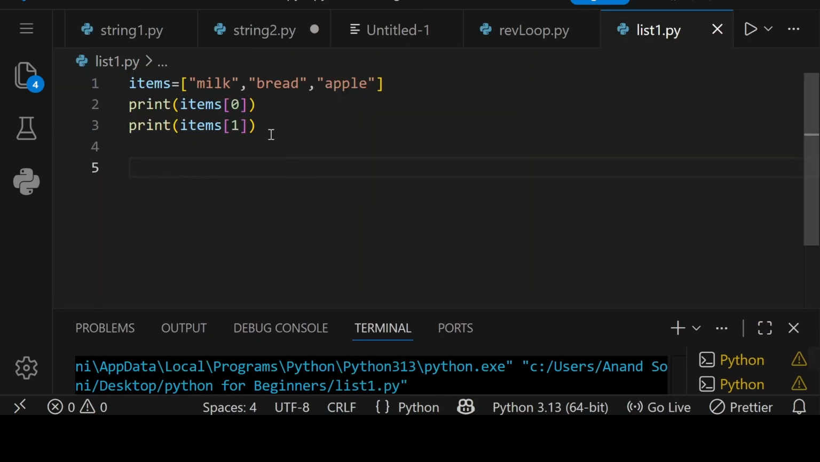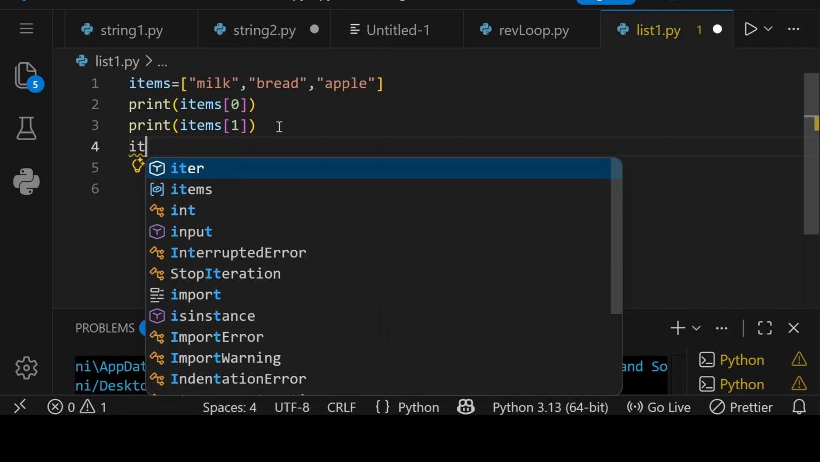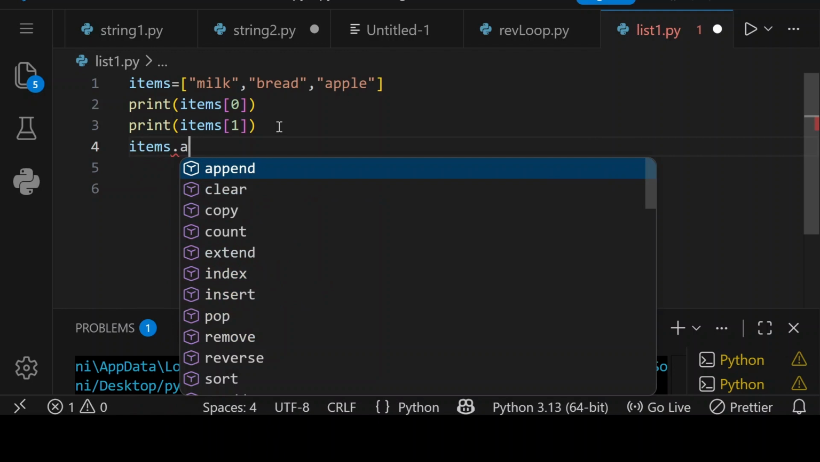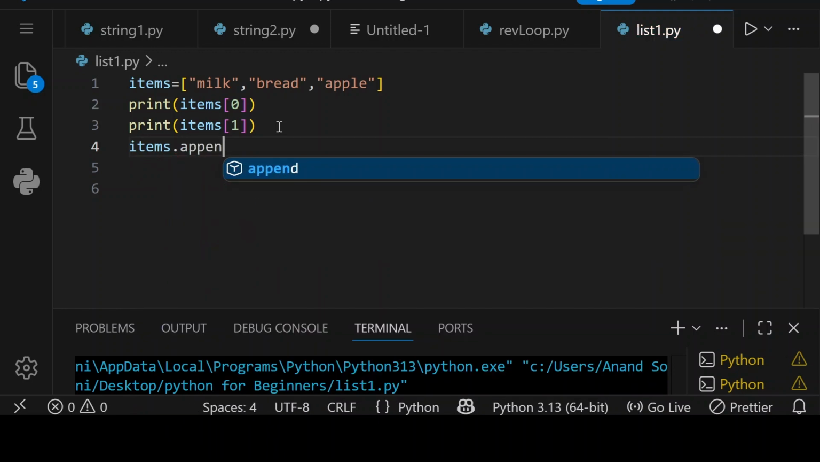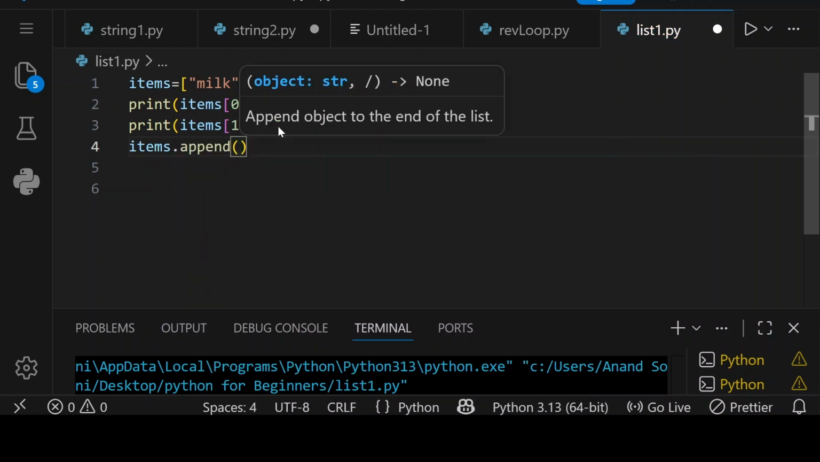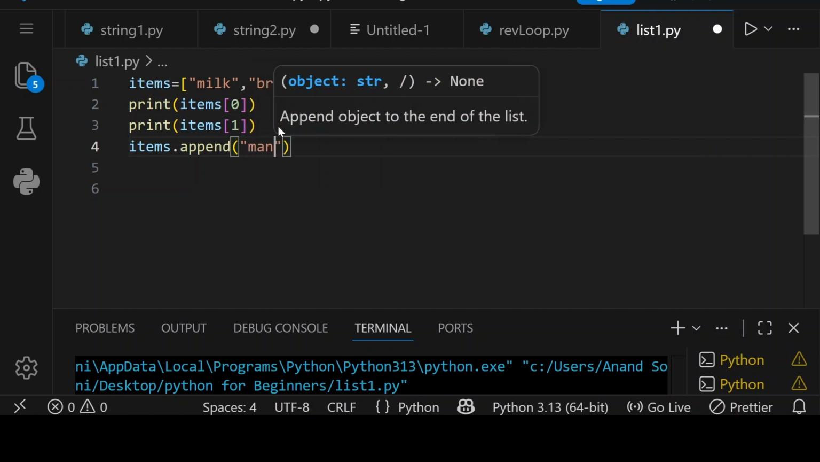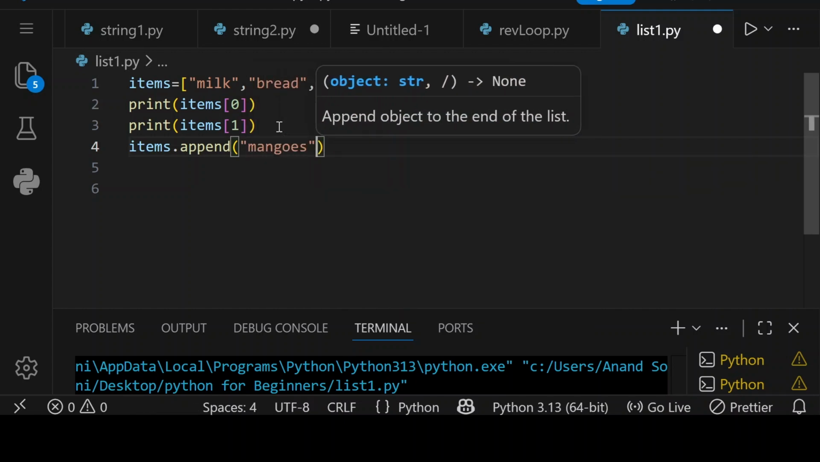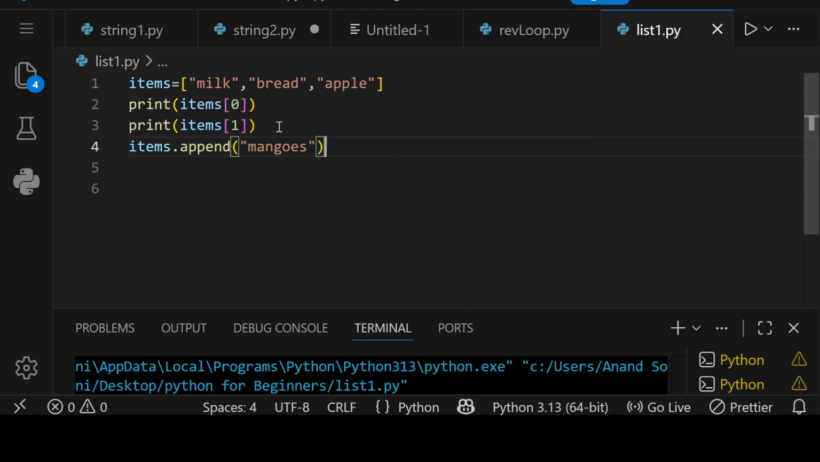Now if we want to add one new item in this list, right now we have 3 items, milk, bread and apple. If we want to add one more item, for that there is the append function. For that we have to do items dot append. And here what we want to append, I want to append mangoes. Save it and if we print this list,